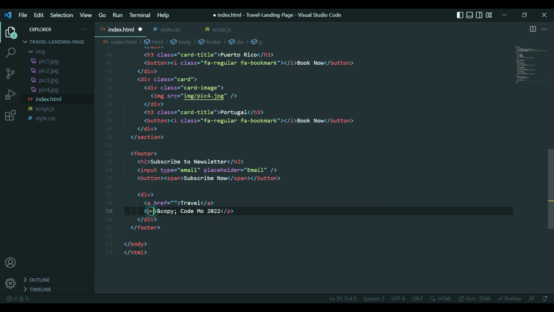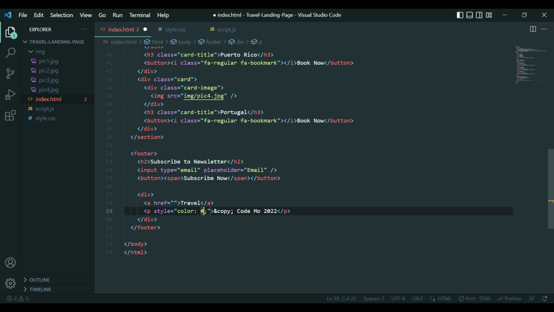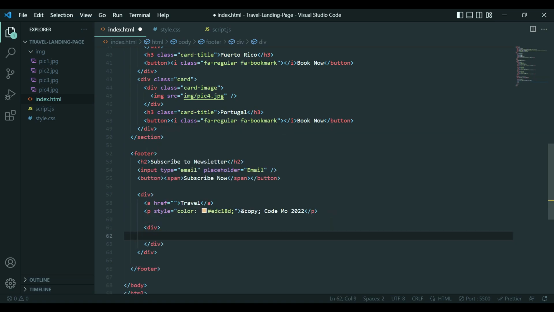Simply, we are going to add a style here for now, and I'm going to choose a color. So for my color, I will choose this color, EDC18D. So after this, we need to add our social media icons. So for that, I'm going to create another div, and inside this div we're going to add an anchor tag. Inside this anchor tag we're going to create the i class tag, and then here is where we're going to add our icons, and I'll say